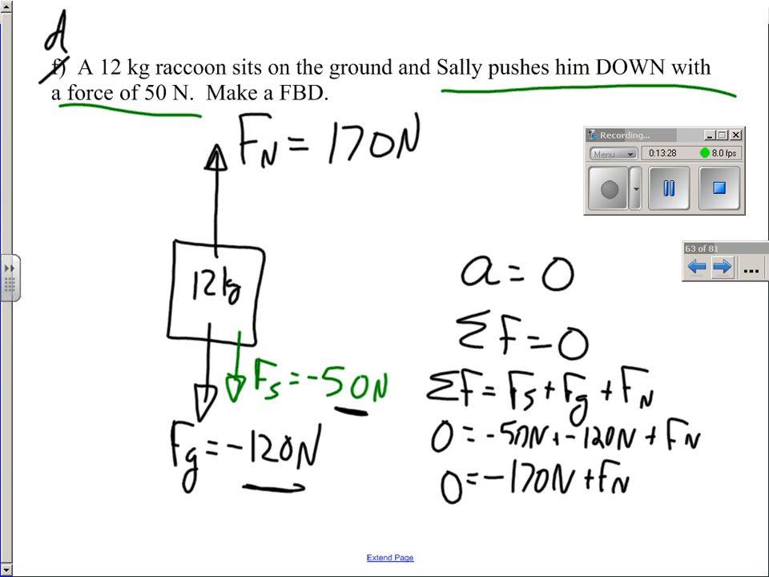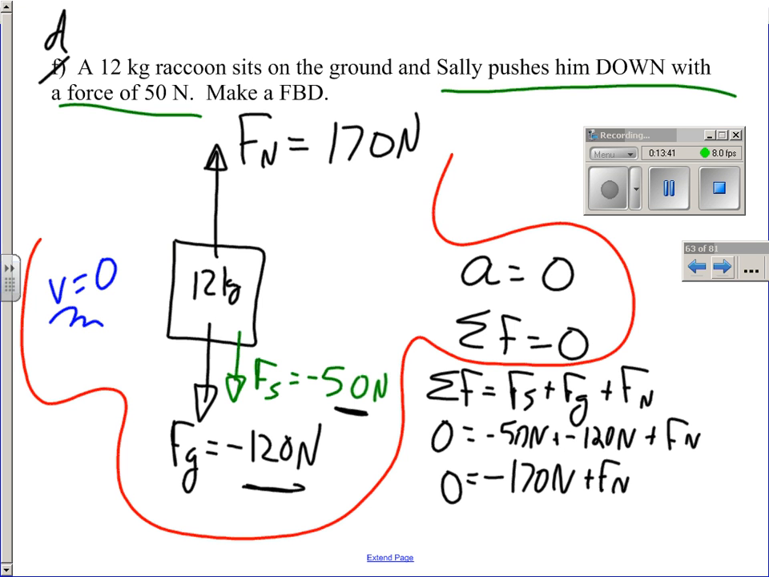All right? And I think I forgot to do this on my last example. The raccoon is not moving, as was the case with the box in the last example. So write down your velocity. Here is your completed free body diagram. All right, I have one last example, if I remember correctly, and then we're going to stop